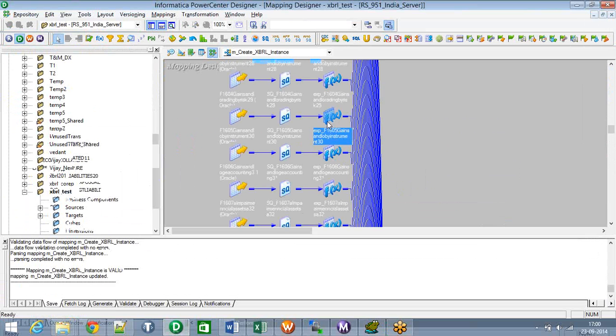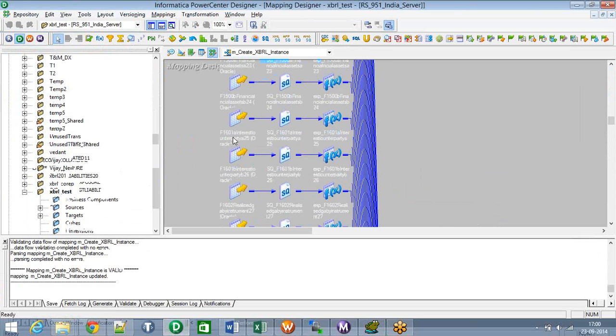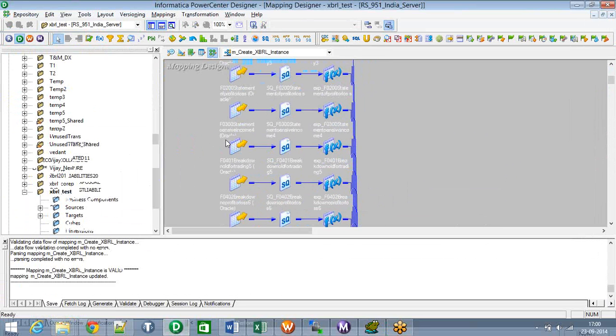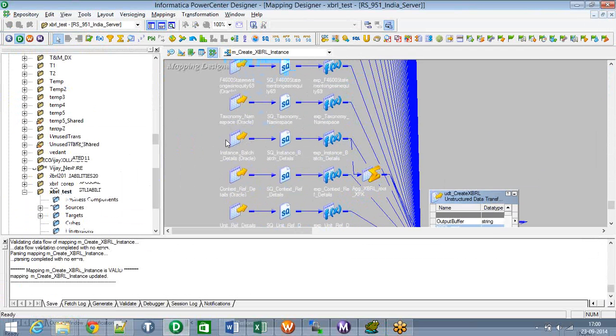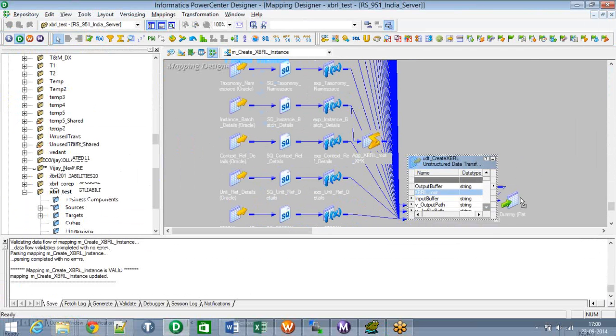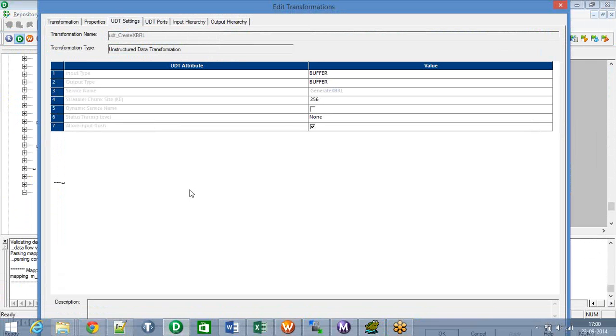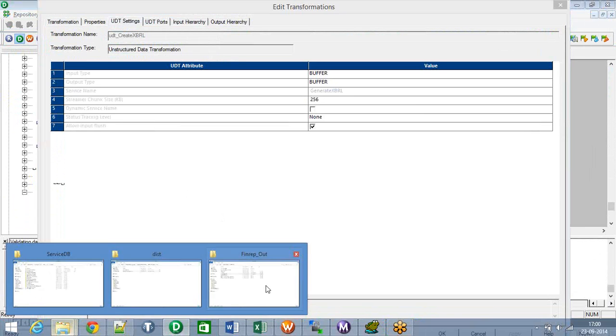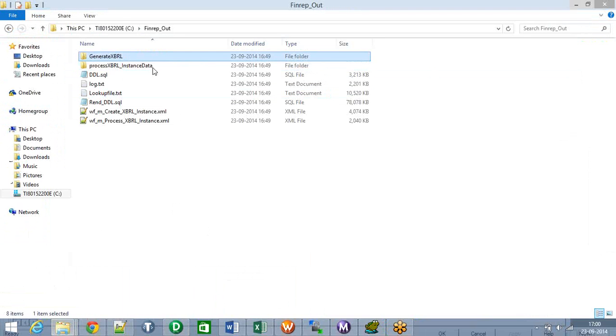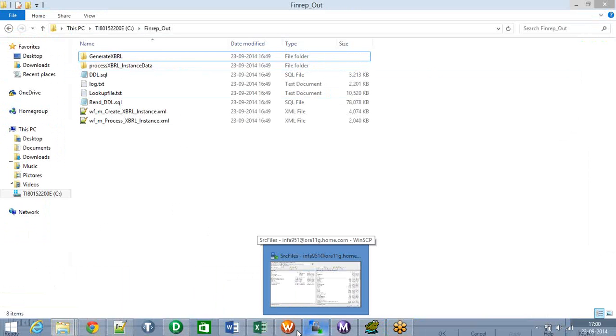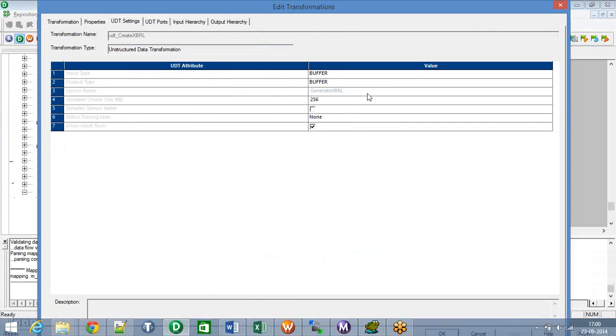Again, this mapping reads from all the facts and dimension tables and, using a UDT transformation, it generates our XBRL instance file. Make sure you have the UDT service name correct, which we generated. This is the service that we generated in the FinRep out. Make sure it is deployed on the server. And if this name doesn't appear, make sure you deploy this service on your local service DB folder as